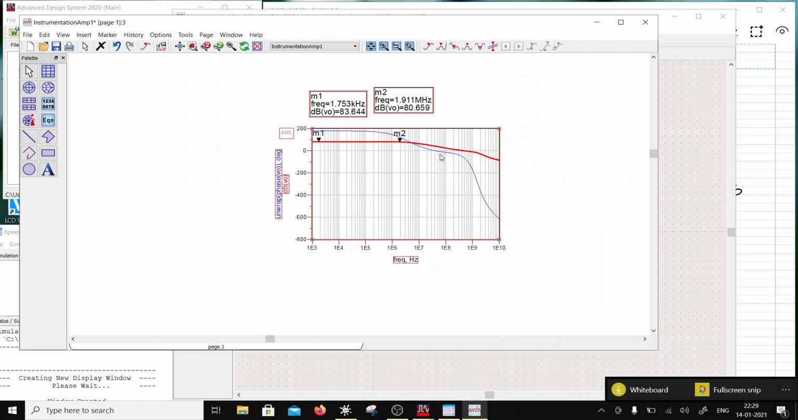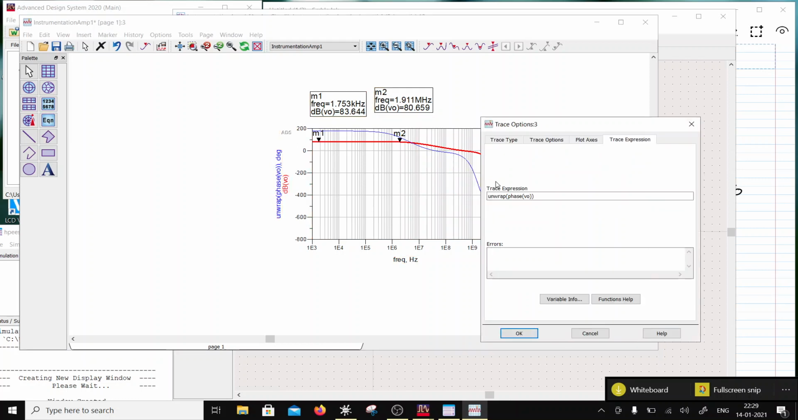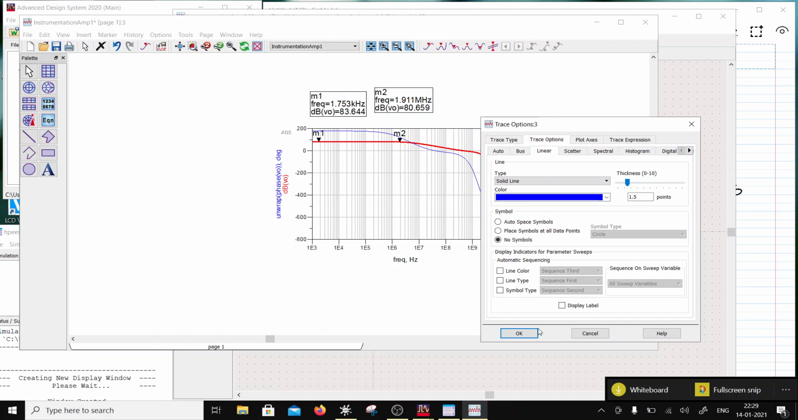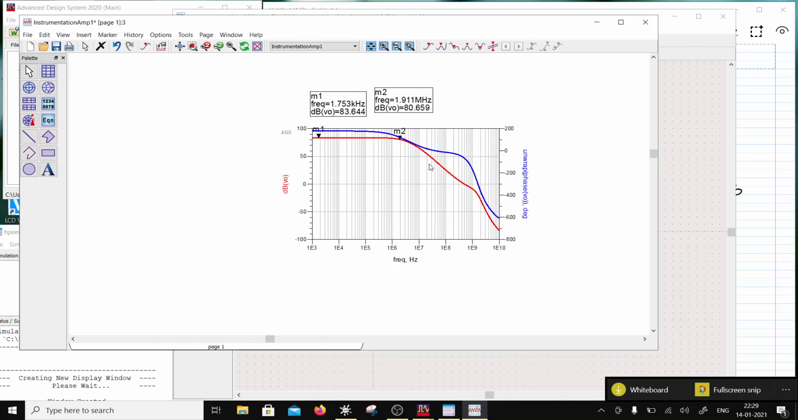Okay, so now this one I can put on the right axis. Of course it will be 180 degrees. So let's put it on the right axis, and let's make it thicker. Now let me check at zero crossing what is the margin, because 180 you have already lost, right? So if I put here a marker,